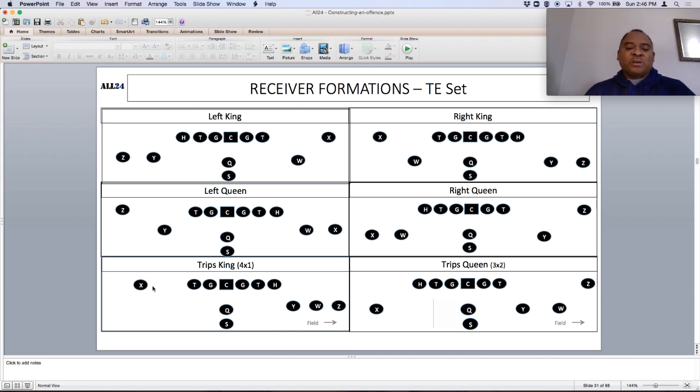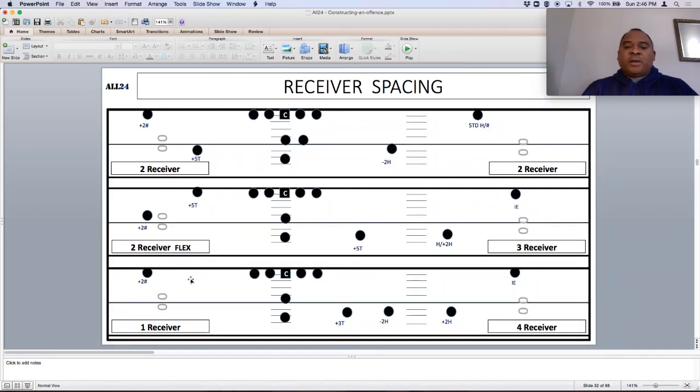Now we have trips king, where we now have our Z or W and our Y to that field side, and we added our H over there, so it's almost like a quads look, and our X is operating on the backside by himself. Now receiver spacing is another important thing, and there's a number of ways to do this,